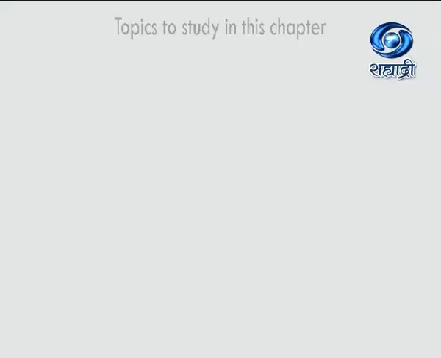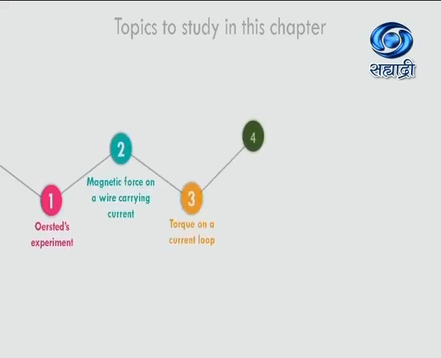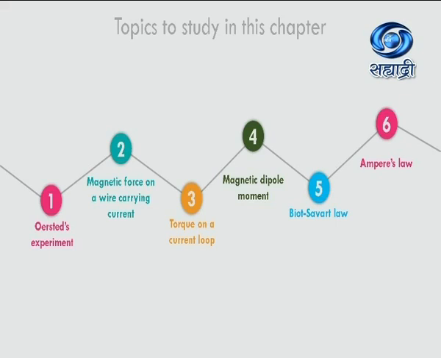Dear students, in this chapter of class 12th, we will be studying how magnetic field is produced when current flows through the conductors. But before we actually begin with the chapter, let us see what we all are going to study in this chapter as major landmarks. In the beginning, we shall be studying Oersted's experiment. Oersted discovered for the first time that magnetic field is produced around every current carrying conductors or wires.